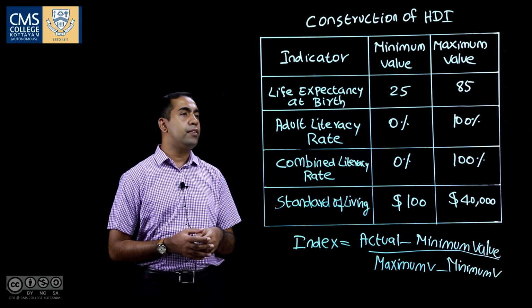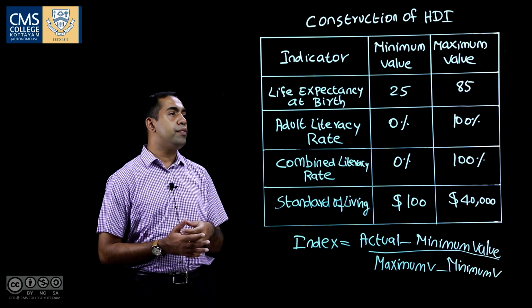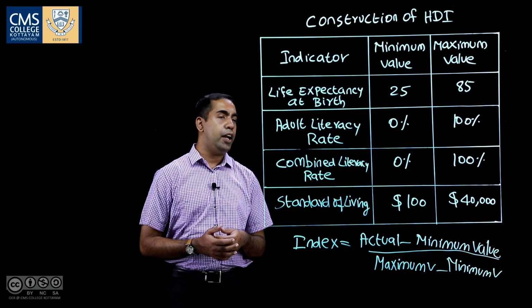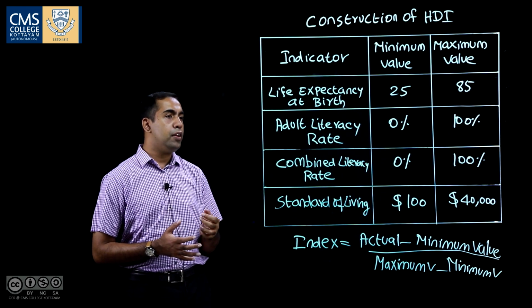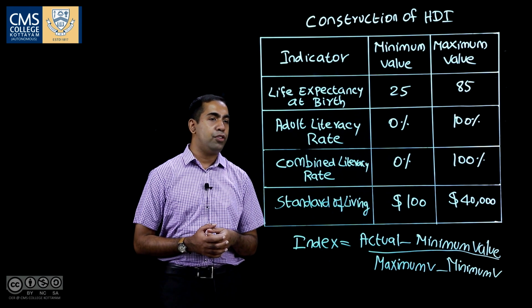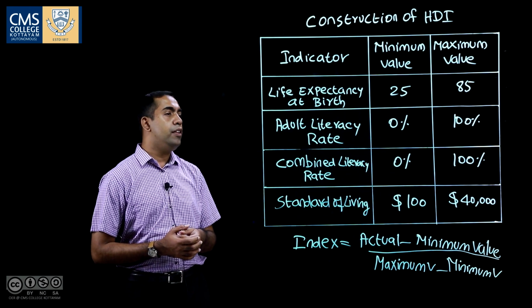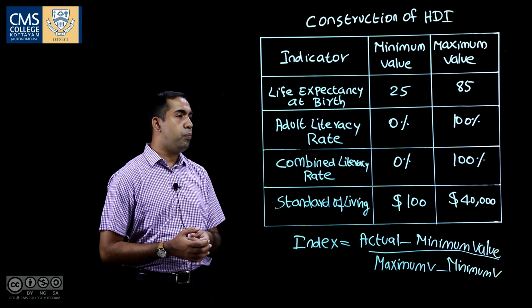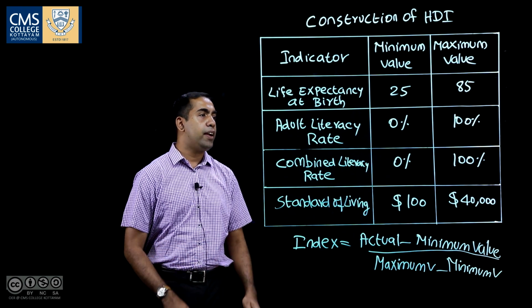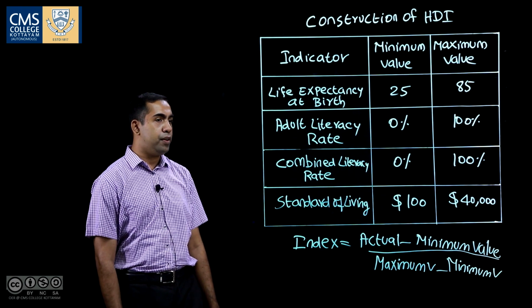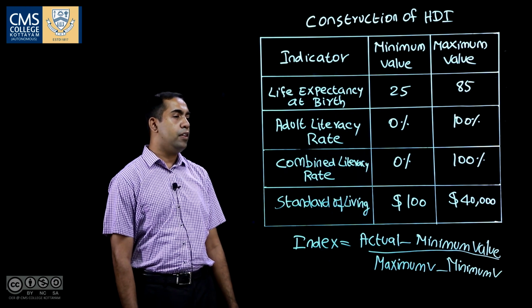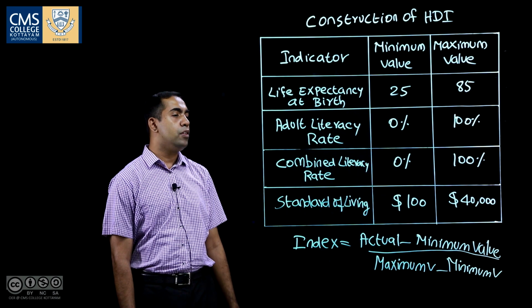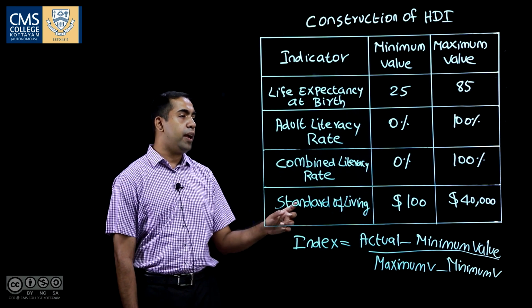For the adult literacy rate, the minimum value is 0% and the maximum value is 100%. Next one, the combined gross enrollment ratio or educational attainment, the minimum value is 0% and the maximum value is 100%. Lastly, the standard of living index, the minimum value is $100 and the maximum value is